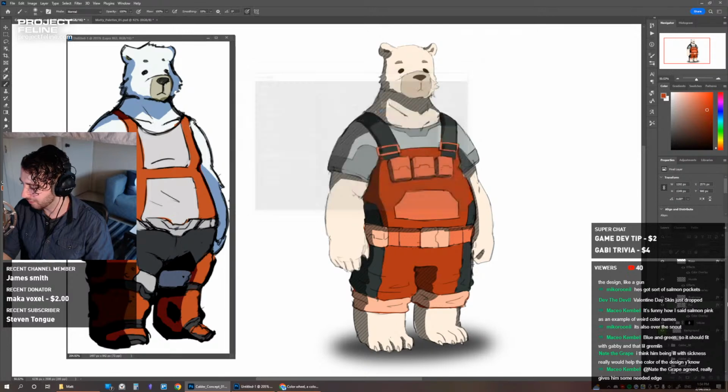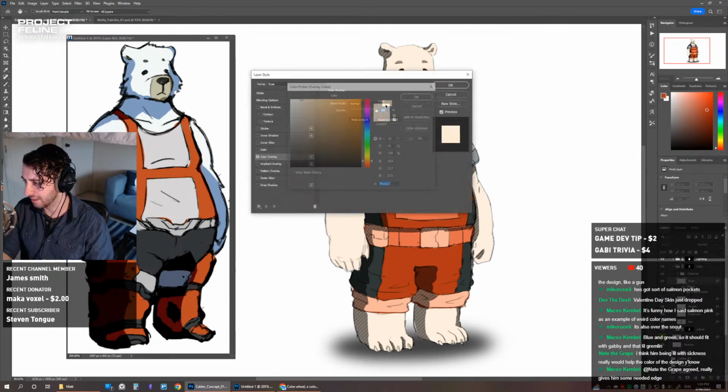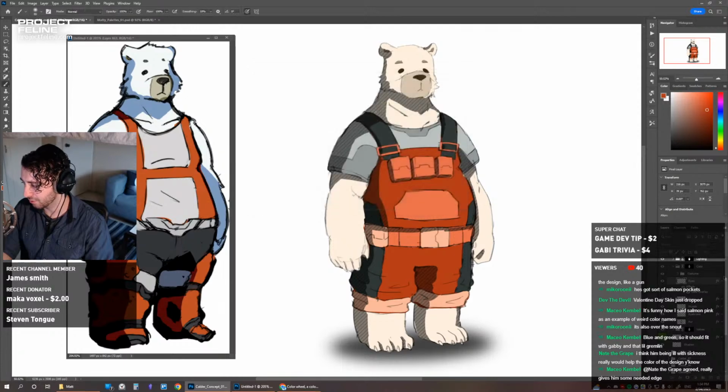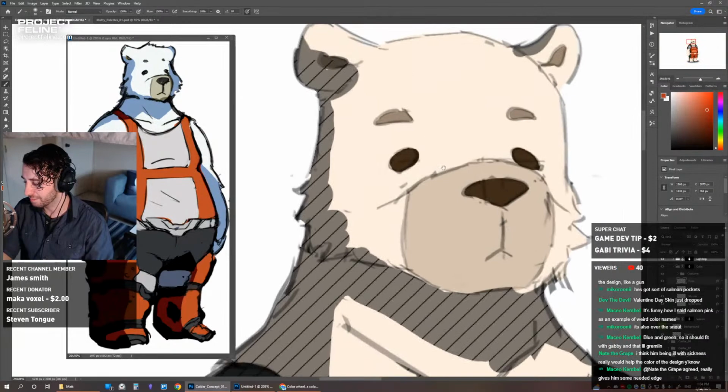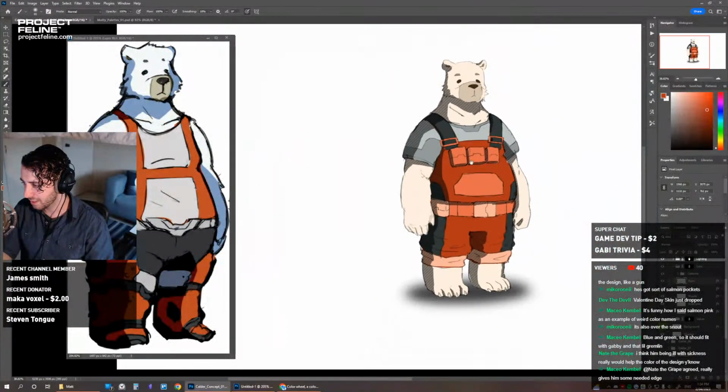Okay, I don't know what's going on there. Because when you do it in this value, it looks brown. So his nose looks brown, his eyes look brown, but then you lighten it and it looks like this cream color.